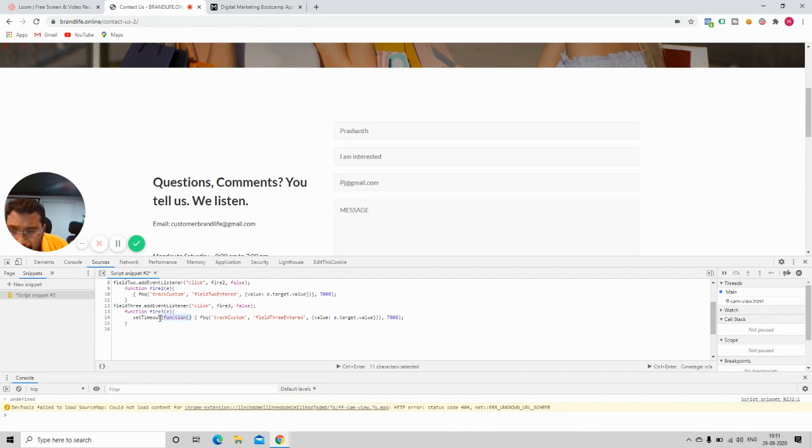Set timeout is just to make sure, because the moment people click, I don't want to send, since the moment people click and enter, it takes like 7 seconds. So I want to wait until 7 seconds from the click, and then capture the value and send it to Facebook. I don't want to send the information to Facebook the moment people click, because when they click, I only know that they clicked, but I don't know the value they entered. That is why I'm using a custom set timeout function. So here I'm trying to use, what if I don't want to use this